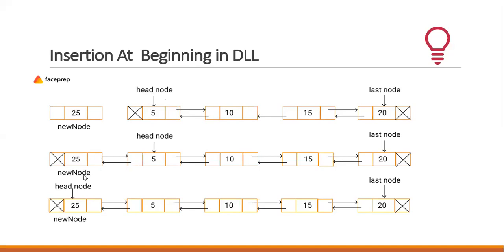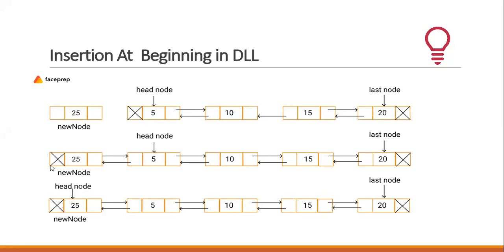And after that, one more thing is that the previous of the new node is signified with null. And then at the end, once these things are done, the new node which we just created, so our head node or the begin node has shifted its place from here to here, because now we have a new node which we have attached at the beginning of our doubly linked list. Fine. So what we see is that the major changes are happening to the begin node and the new node that you are using.